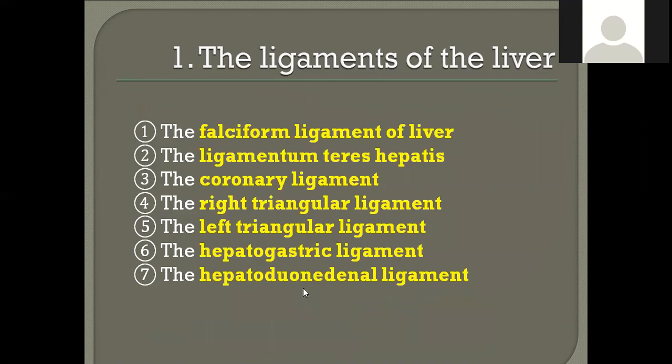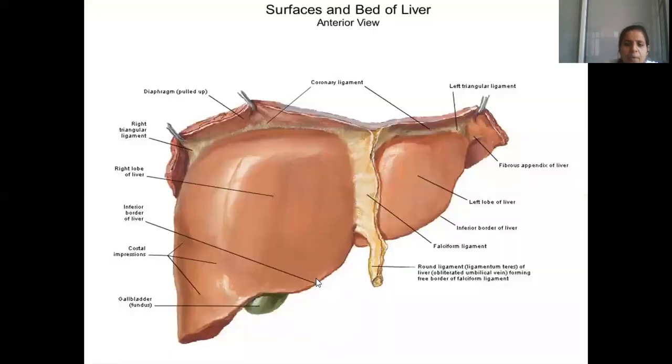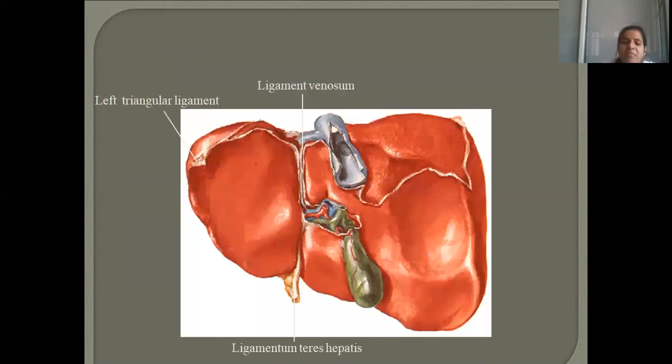Yes. You need to read better, without which there cannot be continuation of class. All of you remember thickening from the duodenum to the liver. I told you the thickening in the lesser omentum is hepatoduodenal ligament, and thickening from the liver to the stomach you call hepatogastric ligament. So all these are ligaments of liver. Ligaments of liver itself can be a 5 marks question. You should be able to tell.